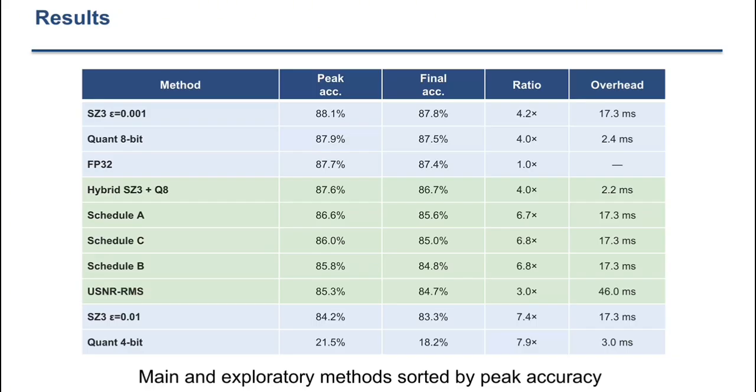The results make sense because compression introduces reconstruction error. 8-bit quantization works because the error is small enough for federated averaging to remain stable. 4-bit quantization fails because 16 levels are too coarse for this setup. SC3 is useful because the error bound gives direct control over the reconstruction error. With error bound 0.001, the error is small enough to preserve accuracy. With 0.01, communication improves, but accuracy decreases.